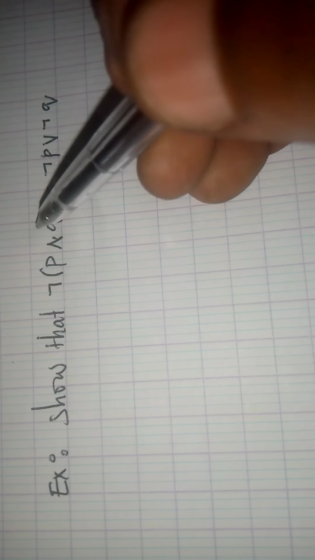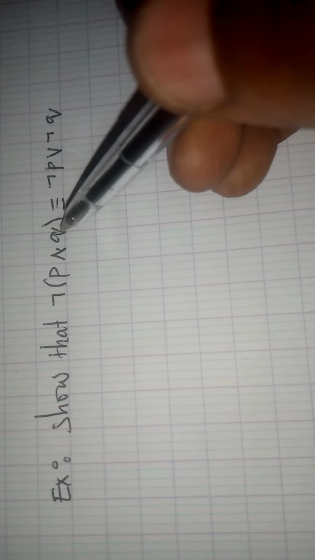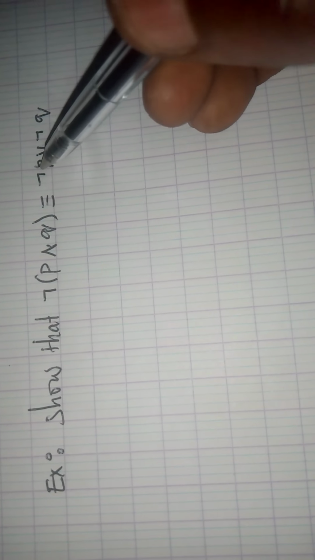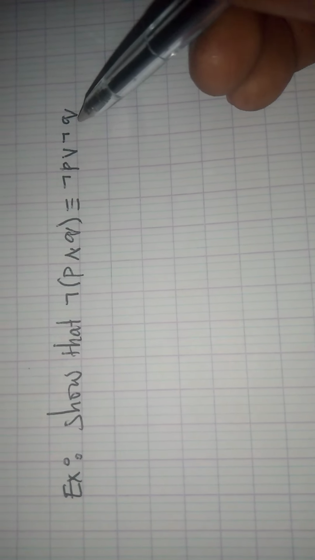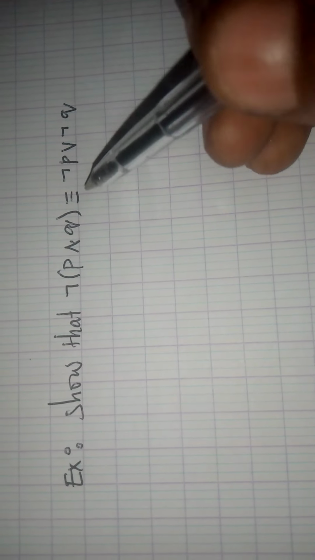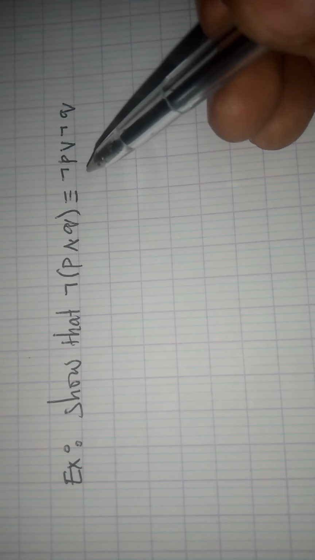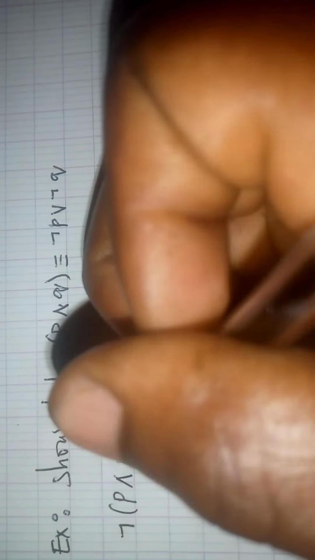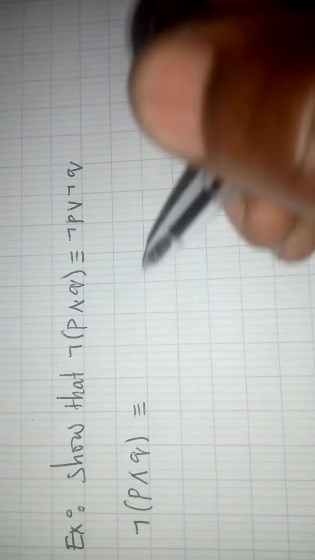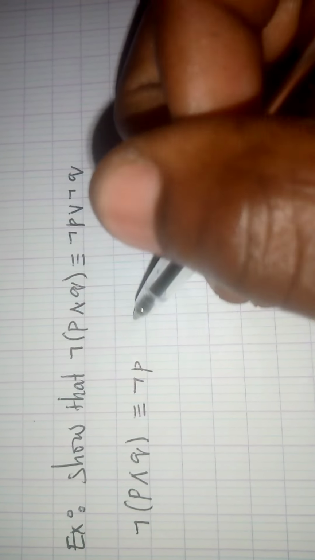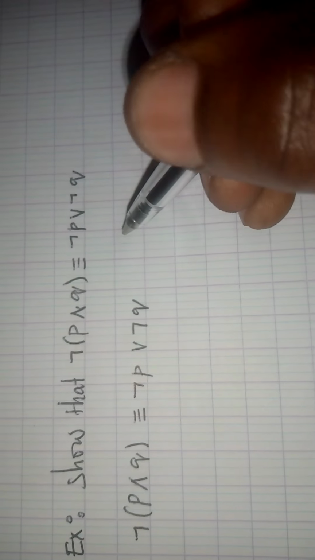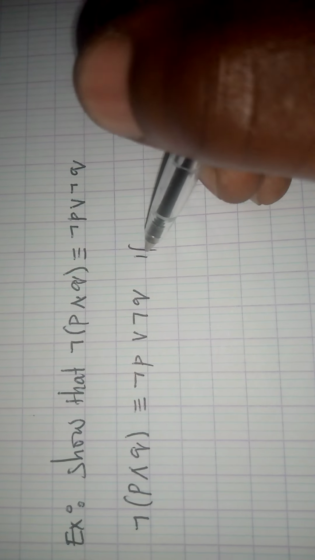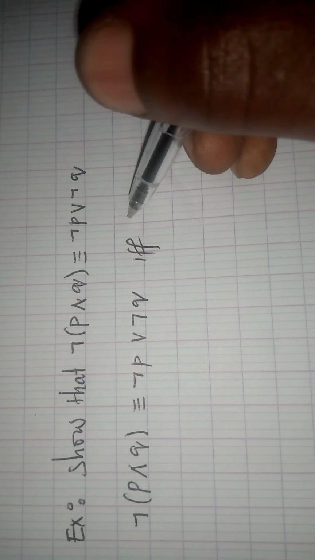Example: show that the negation of P and Q is equivalent to the negation of P or negation of Q. We are going to show that they are logically equivalent. So remember that the propositions we are given, negation of P and Q, will be equivalent to negation of P or negation of Q if and only if the truth table